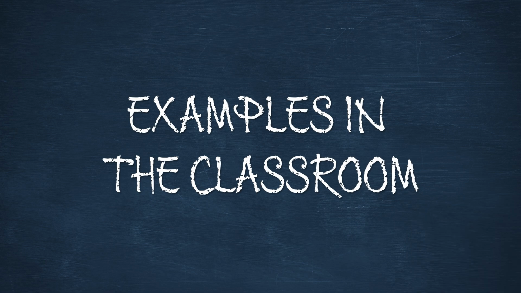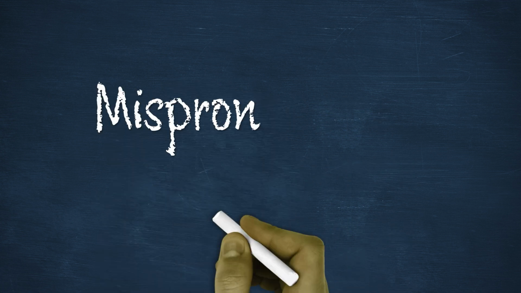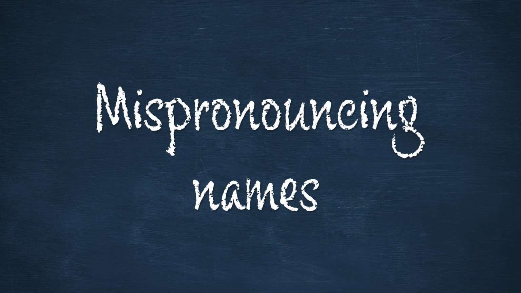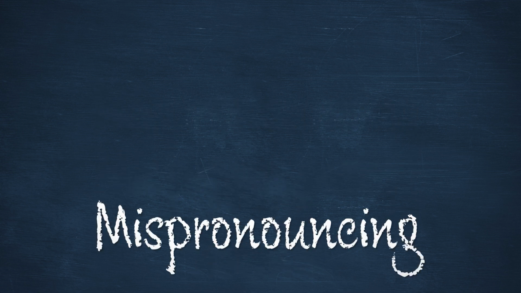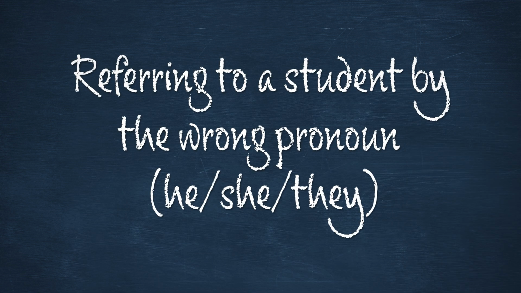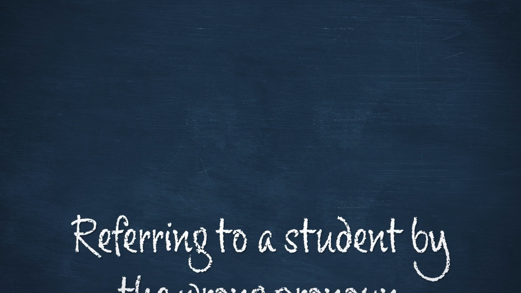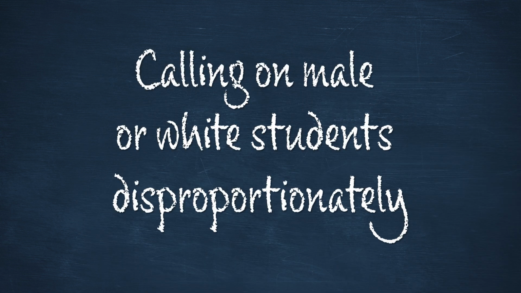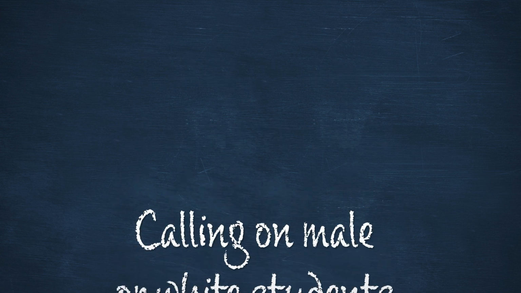Here are some examples of how bias can display itself in the classroom. The following are assumptions that are happening in classrooms daily that might seem small, but can carry a huge impact for students. By focusing our awareness on making small, consistent changes, we can greatly impact the success of all our students.